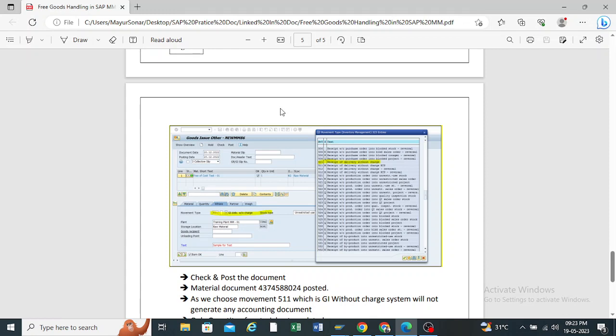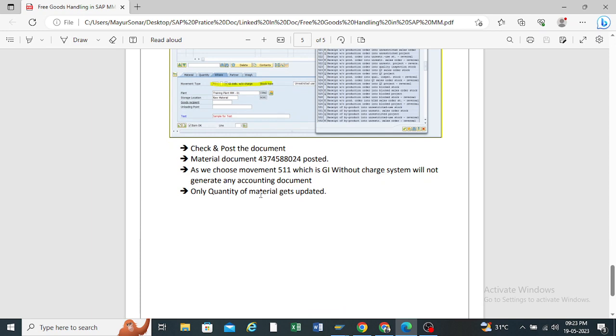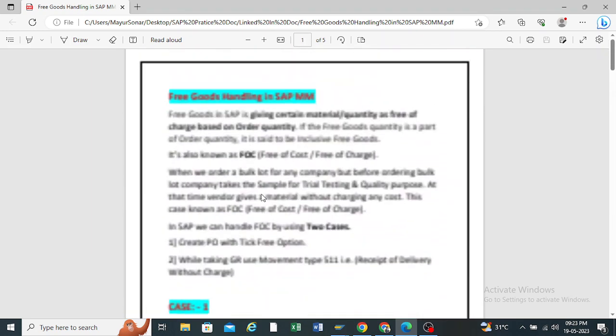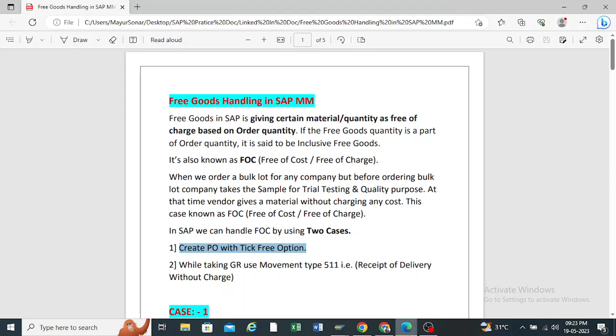I will take one or two sessions on that also, on what test cases are run at the end user level. I will take a separate session for that. There are some 10 to 15 test cases we run in SAP. This is also one small test case where you can handle the free of cost goods in SAP. Okay, so if you can go to the